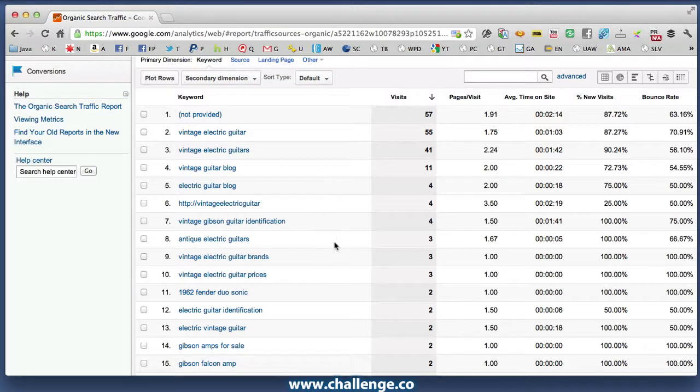Just having a look at some of the examples here. Obviously, several of these keywords that we are receiving traffic for, we are properly optimized, like vintage electric guitar and vintage electric guitars and so forth. But there are some other keywords like vintage electric guitar prices. We don't have a specific post or article on the site for that phrase, yet we are receiving some traffic. So it's in our interest to possibly write a post over time on that keyword and build some off-page authority, some links,